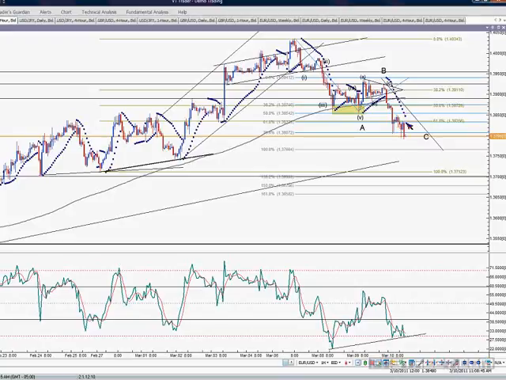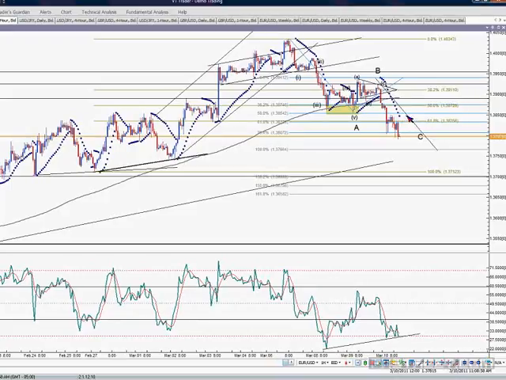You could use this parabolic SAR. See, if the market accelerates, this trailing stop will accelerate with it, and then if the market turns around, you will exit as the market crosses the parabolic SAR. I mean, you have to set it up, or you could manually look for it to cross and then exit.